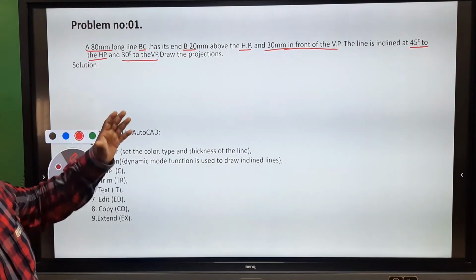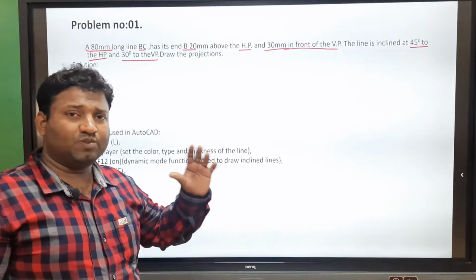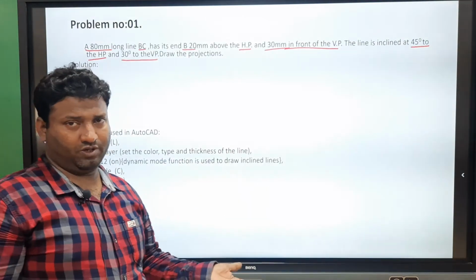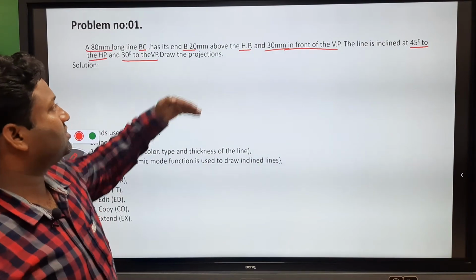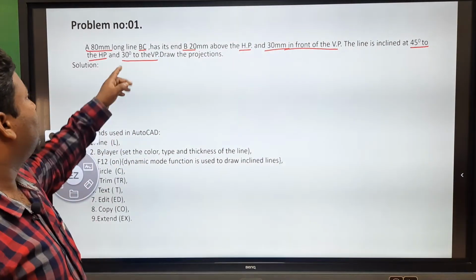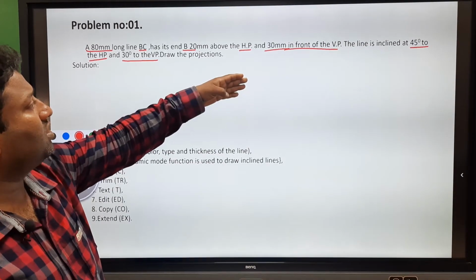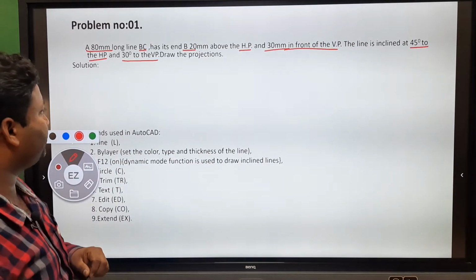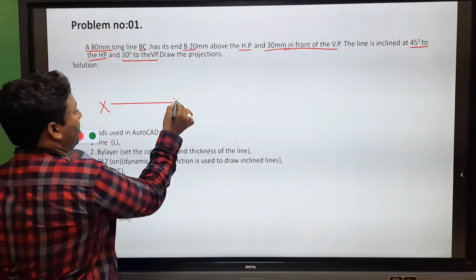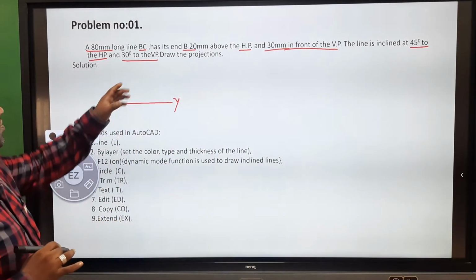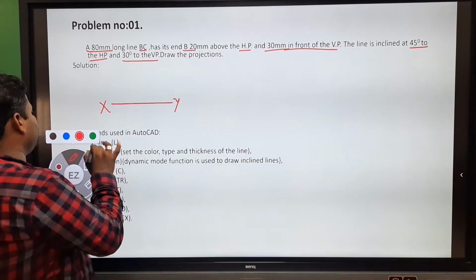So, we have to draw a single line, and as per the condition, it is inclined to both the reference planes. First we will draw the projection for the first condition, that is line BC is 20 mm above the HP and 45 degrees inclined to HP. Suppose this is the reference line X, Y. The end B is 20 mm above the HP.